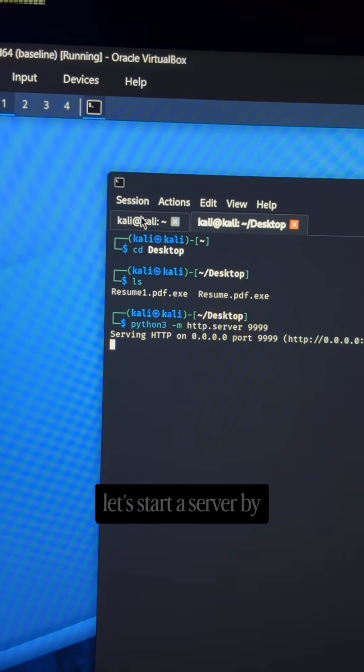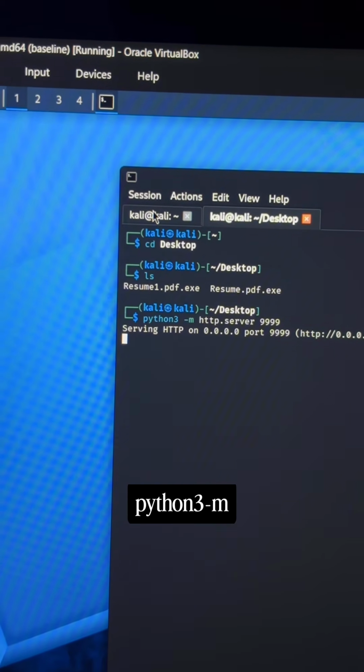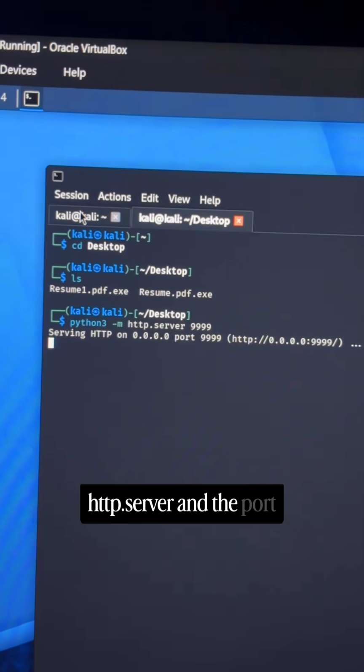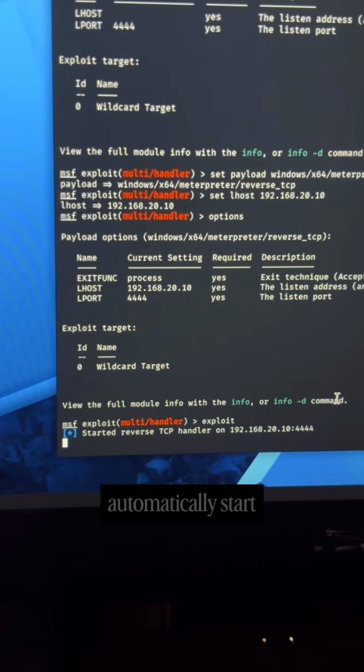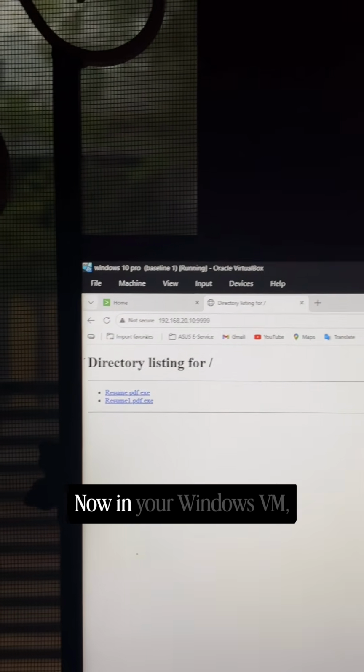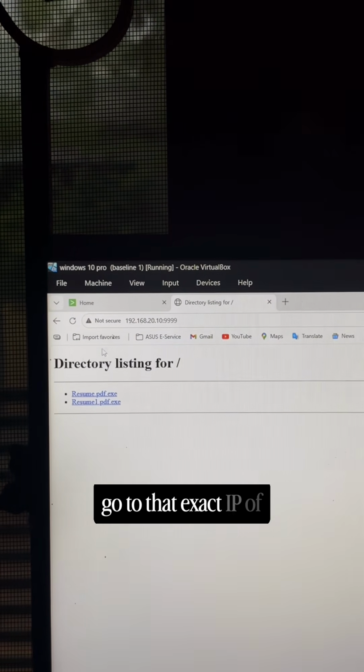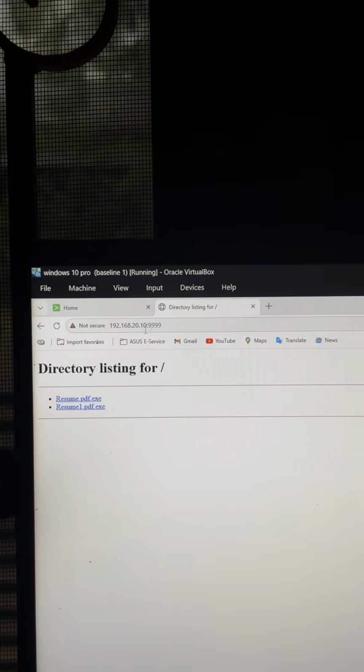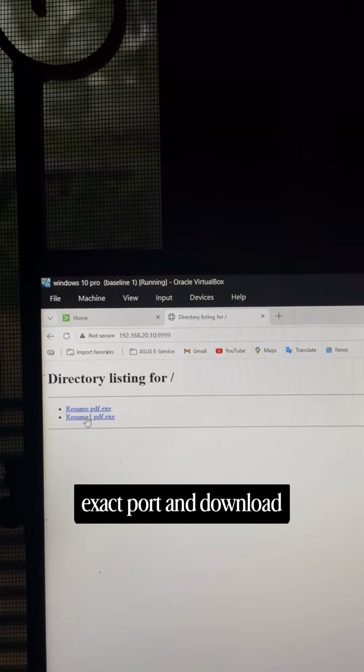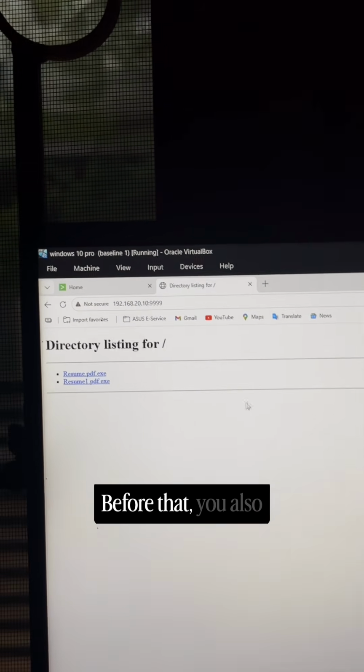Now in our Kali machine, let's start a server by typing python3 -m http.server and the port. Now type exploit, it will automatically start listening. Now in your Windows VM, go to that exact IP of your Kali Linux VM and that exact port and download that file. Before that, you also need to